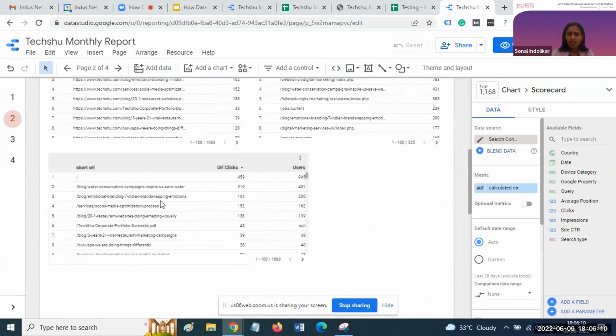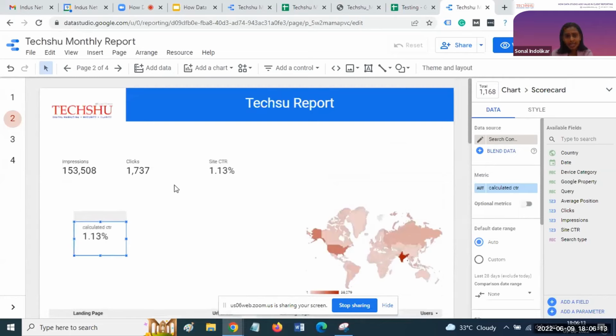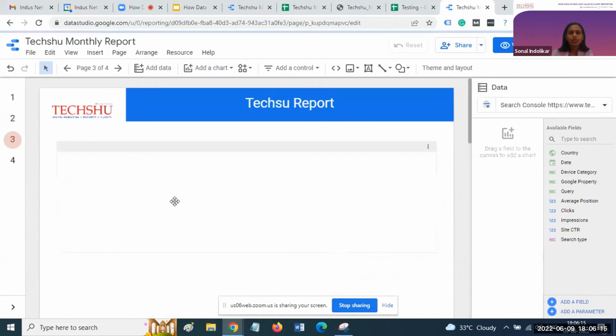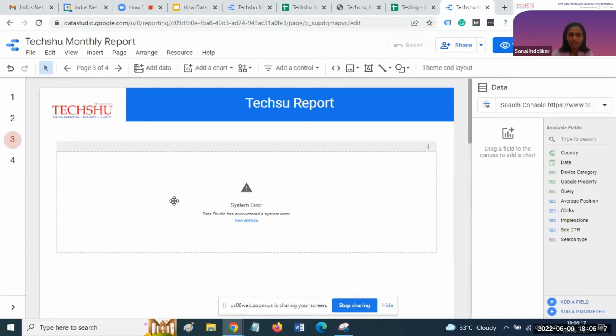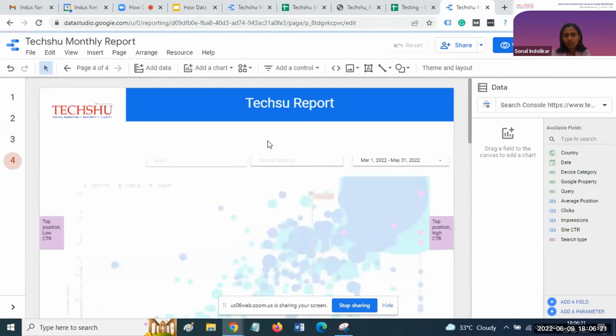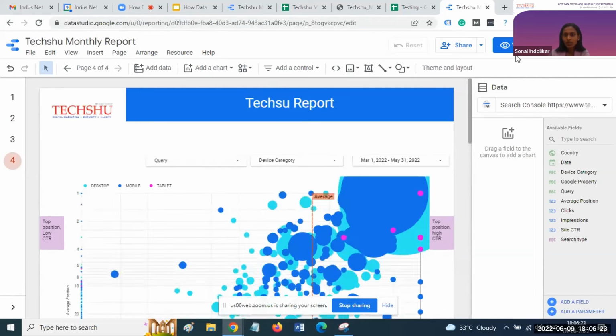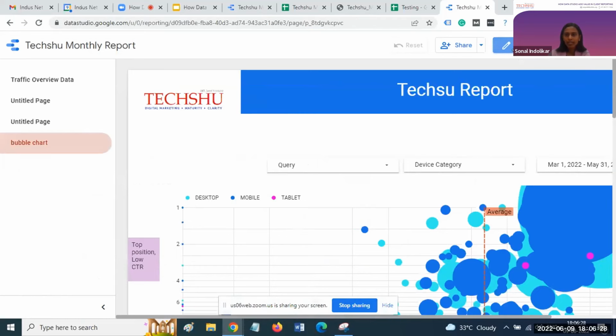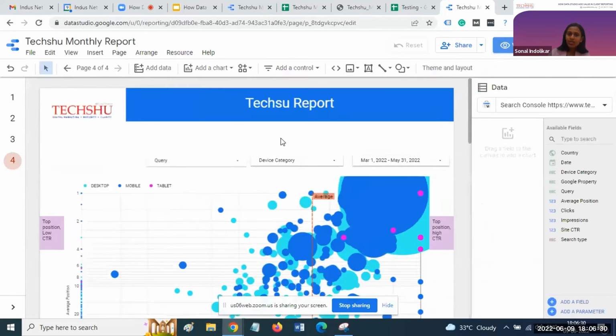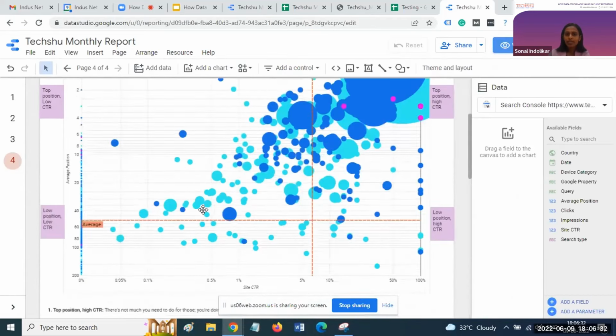Okay. Also, another recent addition in Data Studio is the bubble chart. The people who are regular followers of Data Studio might know about this new feature. This is also an interesting feature available in Data Studio, through which we can visualize the data.